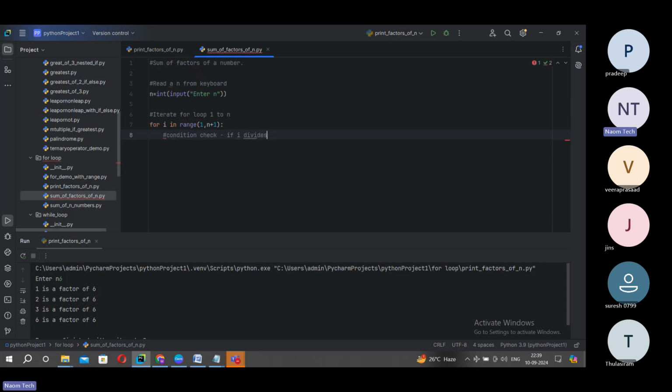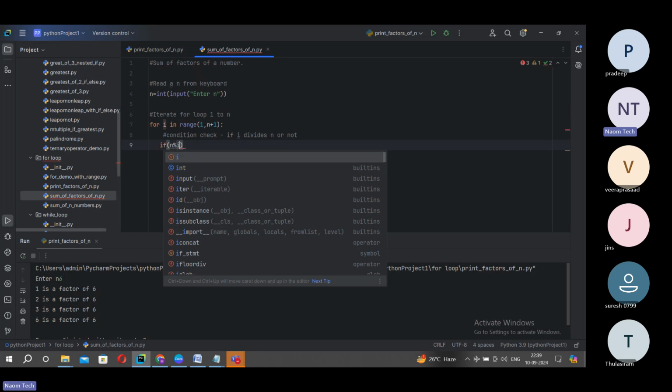If i divides n or not, that is the condition check. So how do you do that? When I say i divides n, it should be n % i, not the opposite, i % n. n is the number for which we are finding factors. So we should divide n with i